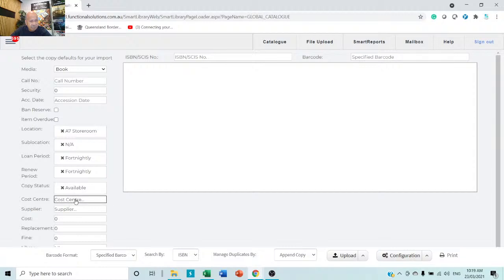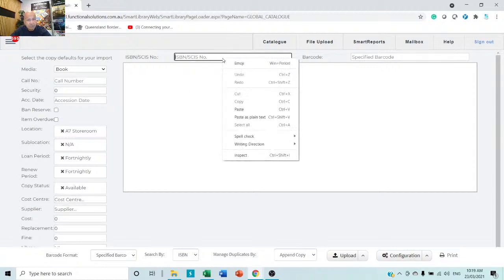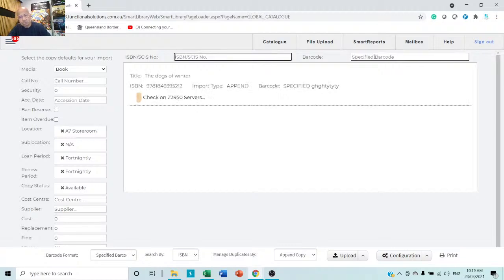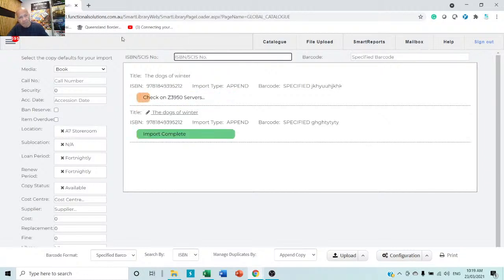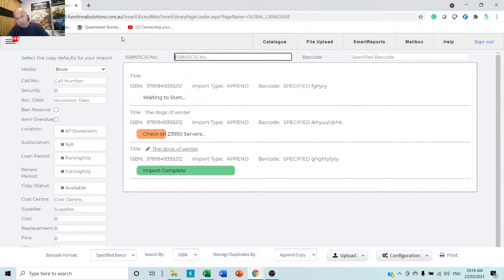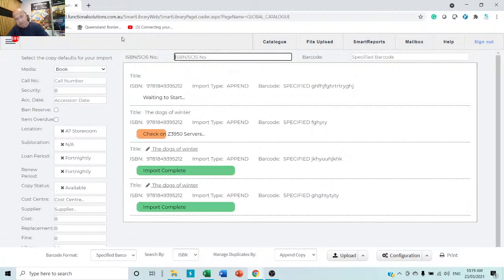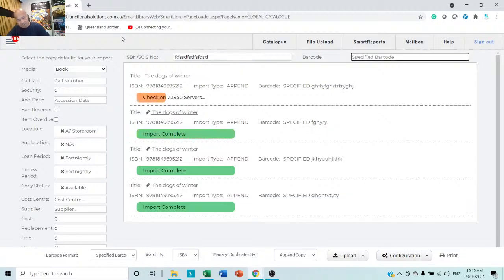Copy status available, put in the cost center, put in the supply, put in the price, you do all of that, and then you just go here and zap in the ISBN number, and then put in the barcode, then zap in the next ISBN number, put in the barcode, and zap in the next ISBN number, put in the barcode, zap in the next ISBN number, put in the barcode, then zap in the next ISBN number, which is a fictitious ISBN number, put in the